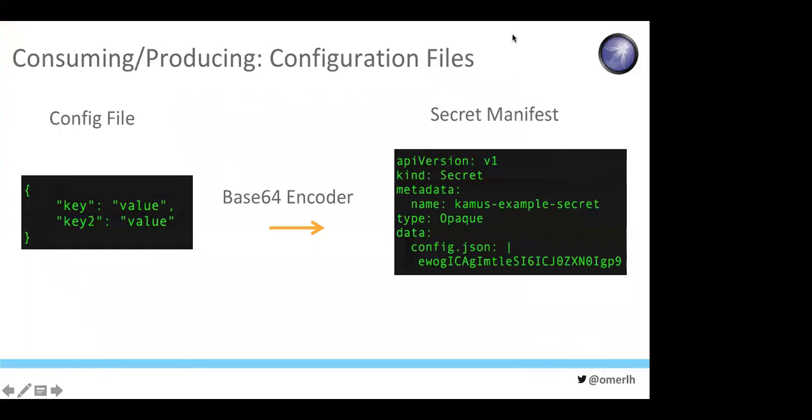So usually when you're working with secrets, you have one config file, you do base64 encoding of this file, and then you put it in a secret manifest. You have one key with this base64 representation of the config file. This is a common approach to working with secrets and sensitive data. This means that any change you need to make in this file, you need to decrypt the entire key and then modify things.